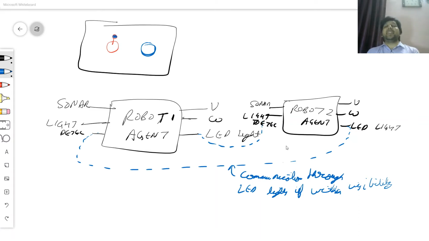The only thing that changes is that communication channel. When you are doing the simulation, the robots will naturally be able to look at each other and will be able to decide what to do in the simulation. The good thing is, what needs to be communicated, nobody's deciding that. Red follow, blue not follow, nobody's deciding that. These are features which are calculated by the environment itself, by the learning itself.